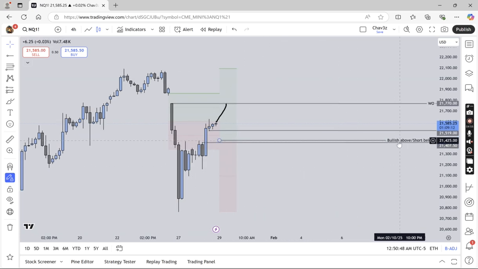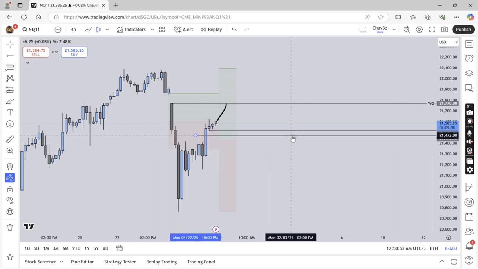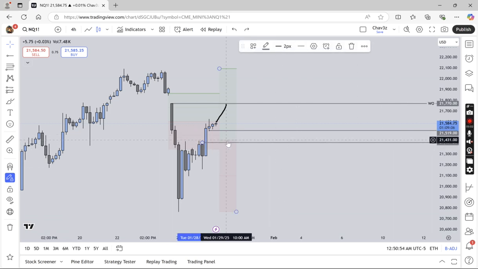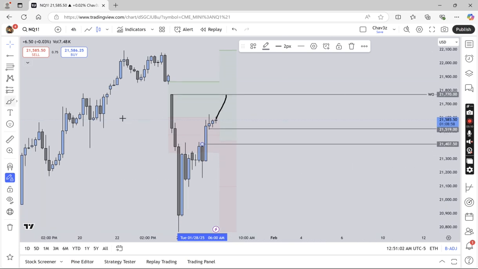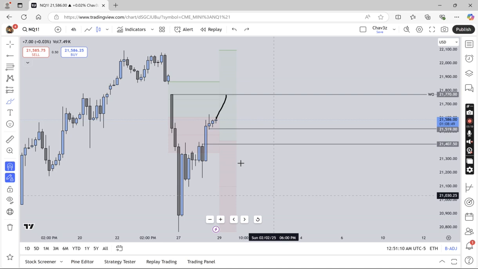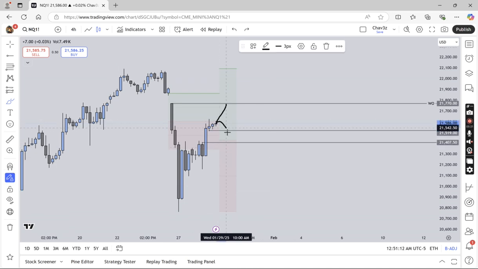So our bullish above, short below, we can get rid of it. Why? Because now we have the low of the fair value gap, which coincides with this level. It's maybe like a 10 handle gap. So now we have a little zone, right? So this level is the 4 hour, or we can use it as an inverse to drop, or we can come down, right, and fail to fill it and go higher.